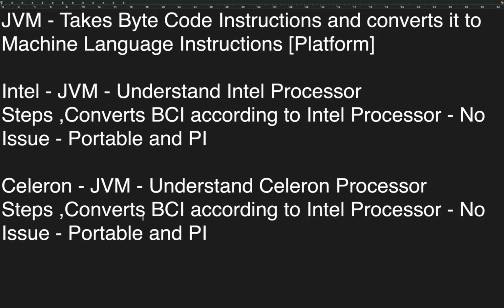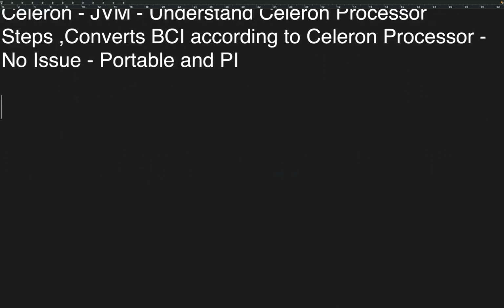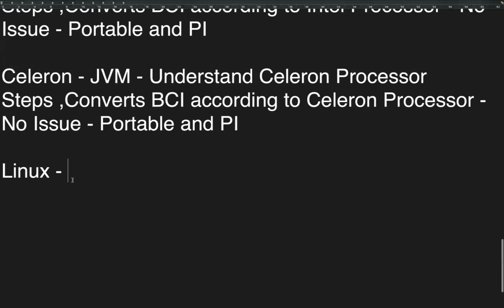The JIT compiler process steps convert bytecode instructions according to the format supported by the Celeron processor. So no issue here. Same way, on Linux, the Linux OS follows some commands. What happens again? JVM